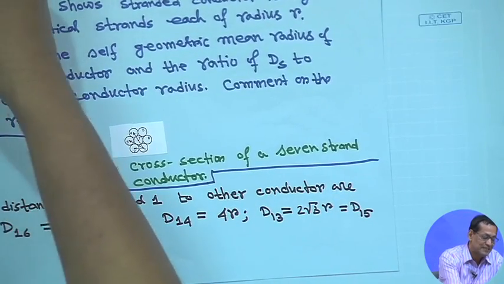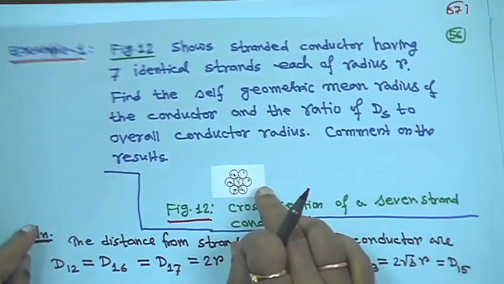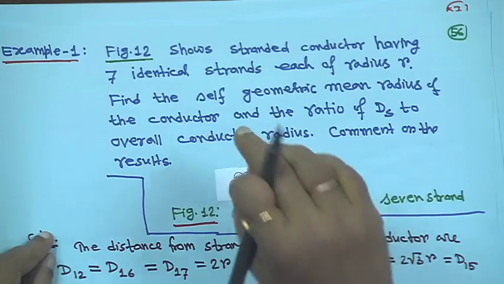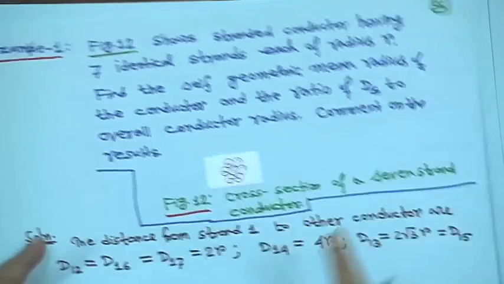So, in that case what will happen, first thing is, look how we will make it. First thing is that you have to see that there are 7 conductors, right, and you want to find out the self GMD, that means it is n squared. So, 49, that means you have to take the 49th root, right. So, 49 possibilities are here. So, how? Now, first that there are 7 conductors,